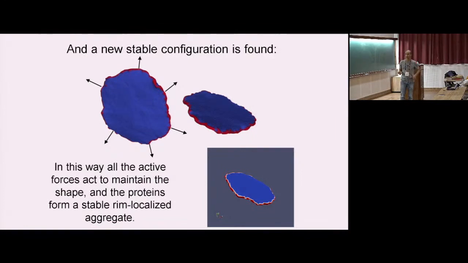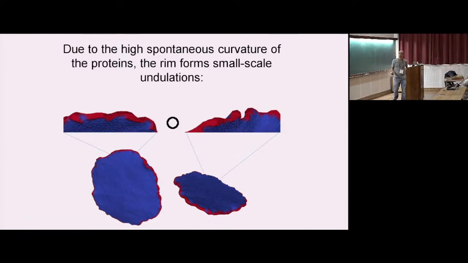But because the binding energy is not so strong here, they are able to make this pancake shape, but still the proteins find it highly undesirable energetically to live and meander here. So they are very happy from the high curvature that they are now all maintaining for each other, at least in one direction, but they are not happy with the curvature in the other direction, right? Because in one direction, this is really very thin, and they really have the high curvature that they want, but in the other direction, the radius of curvature of such a big pancake is very large, so it's very far from the curvature that they want, and indeed,